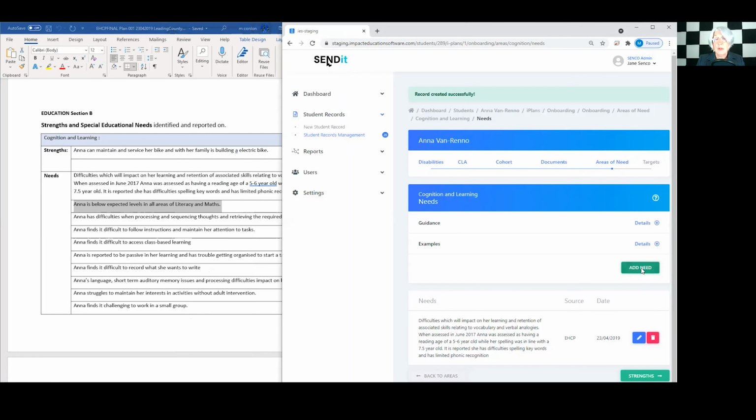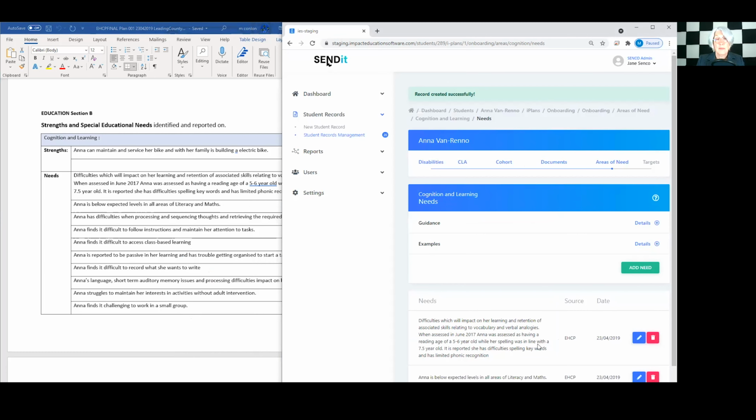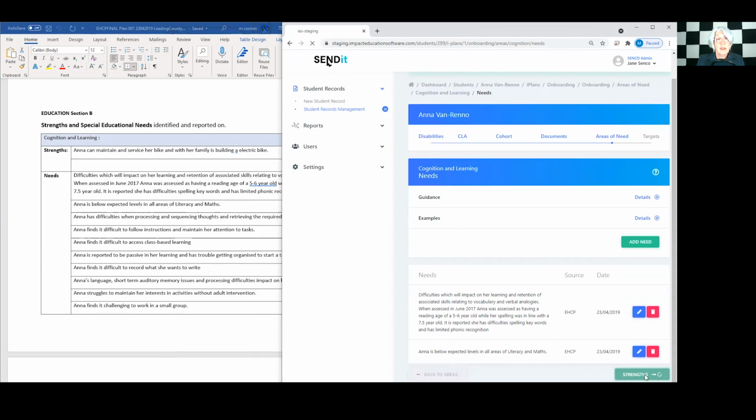So here's the next one, EHCP, select the correct document, paste and submit. So you'd carry on putting in all the needs for cognition and learning. Then I move on to strengths